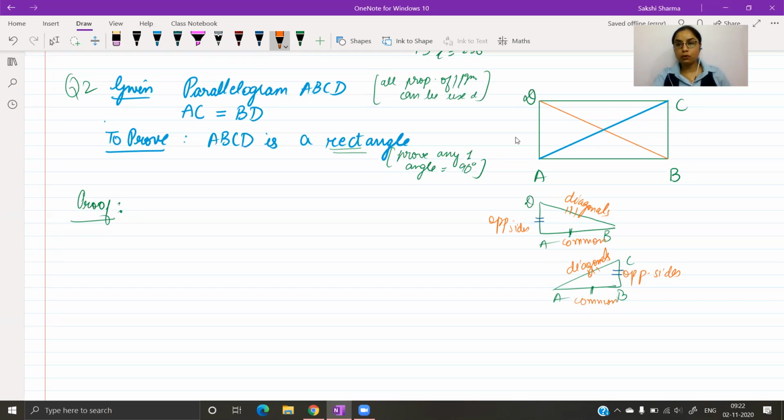Using these three pairs of equal parts of the triangle, I can prove the congruence. I will have two triangles congruent to each other. Make sure you write down the correspondence correctly now. In triangle ABD and triangle BAC,